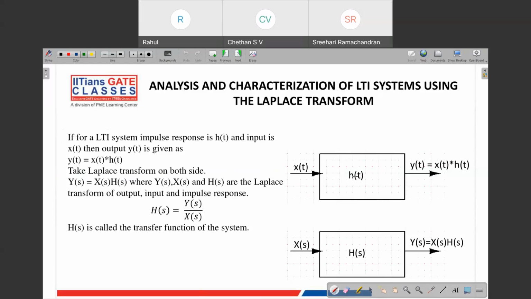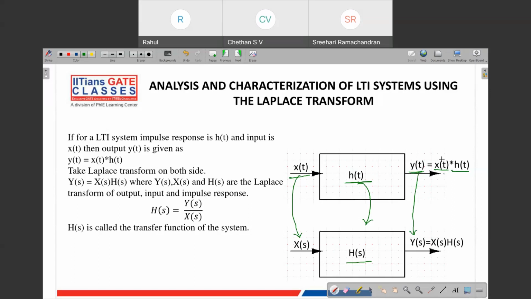Generally, almost around 30 to 50% of questions are based on the system transfer function. Let's say you have an input x(t), its impulse response is h(t). We know that the output will be given as the input convolved with h(t). When you take this complete thing into the s domain, let's say the Laplace transform of x(t) is X(s), h(t) is H(s), then y(t) will become Y(s), and that will